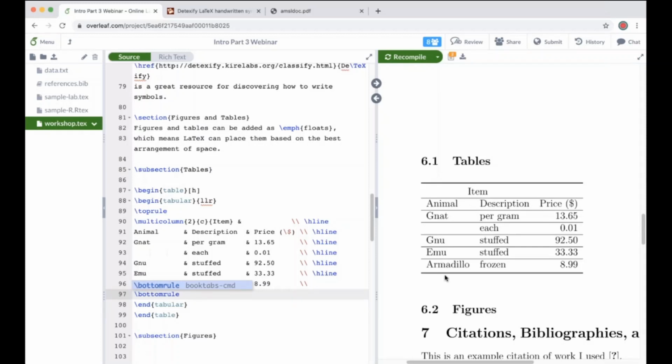And so you can see that the booktabs package makes the top and bottom rule a little bit heavier of a line weight to emphasize that relationship. And it also inserts a little bit of space between the table content and the rule itself. Okay, so now I have the top and bottom rule command inserted,